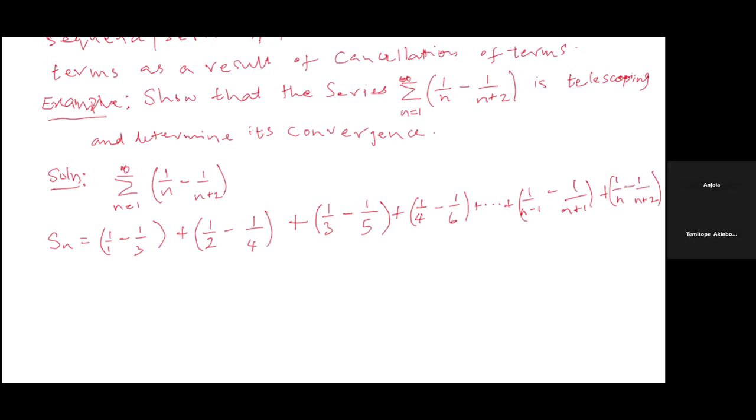Now look at it. Let me change the color to blue so that we'll be able to see terms that will cancel out. Look, I have here minus 1 over 3. I have here plus 1 over 3. Have you seen that? Yes, sir. I have here minus 1 over 4. I have here plus 1 over 4. Do you see the logic there? Yes, sir. Okay. So that means